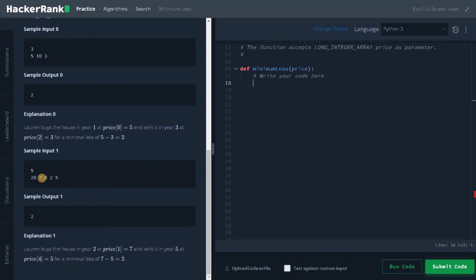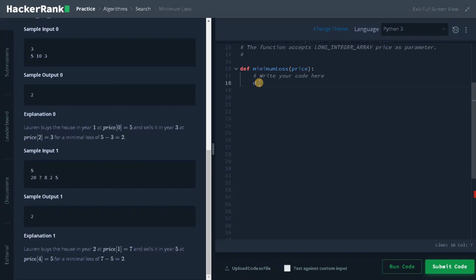The overall time complexity will be n log n because of the sorting operation. So let's store the indexes to check whether the sell index is greater than the current index. Here, if you buy at 7, we have to check that the 5 is coming after 7. Only by satisfying this condition can we compute the minimized loss.